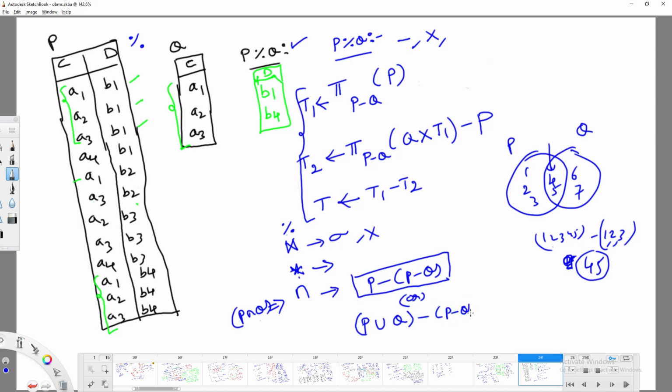Okay, fine guys. So whatever extended operations I define, all of those you can get easily with the help of basic operations.